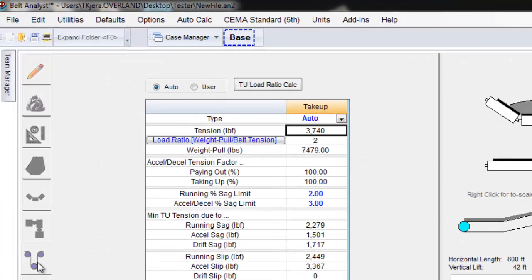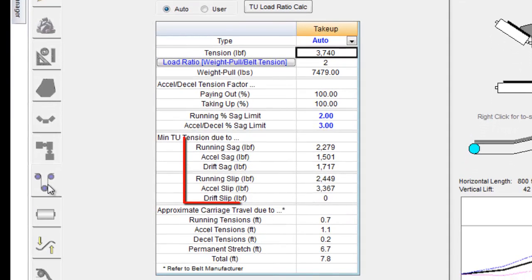So the take-up tab is defaulted to auto mode, which means that the take-up tension and the weight have already been selected for you based on 6 different values. These values include the minimum take-up tension required to prevent sag during running, acceleration, and drift, as well as the tension required to prevent slip during running, acceleration, and drift. It then finds the highest number of those 6 values and adds 10%, which gives you the 3,740 pounds of